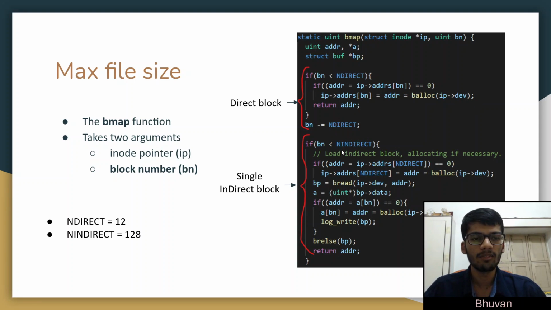And if it is less than 128, then we first look into the address block and allocate it if it is required. And after we get this address block, we index into it by the block number, and then we finally get the data block. So we will extend this functionality.